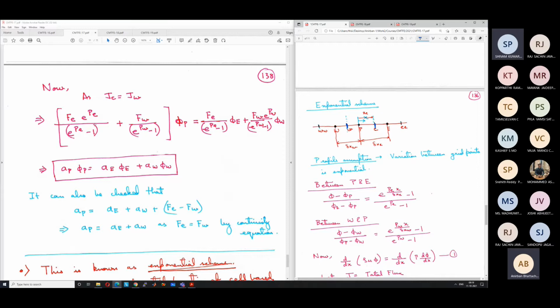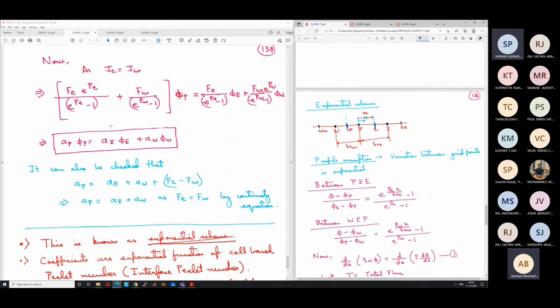So PE and PW are known, FE and FW are known. So all the coefficients can be found, and that can be used to write the equation for the point P, which gives us the expression in terms of the point W and point E. Okay. Similar to previous cases, we can pass on these values to the solver, pass on the values of AP, AE, and AW, and we can use any solver like TDMA to solve the problem. We have discussed this. What was the main difficulty? That also we have discussed.